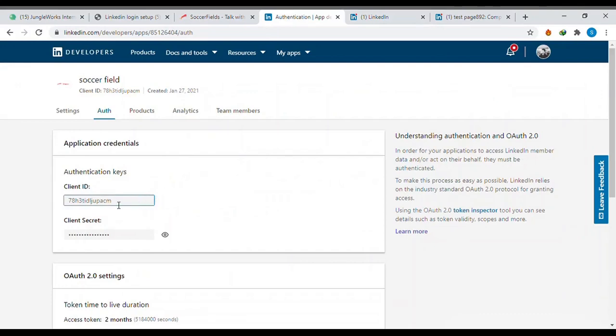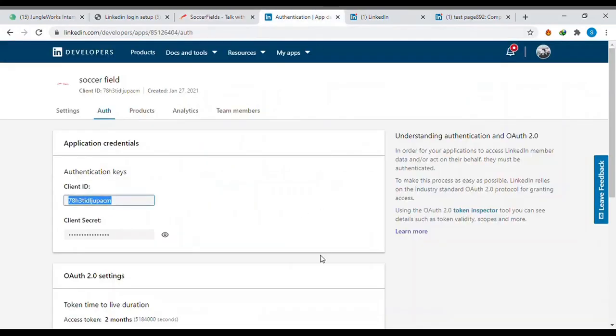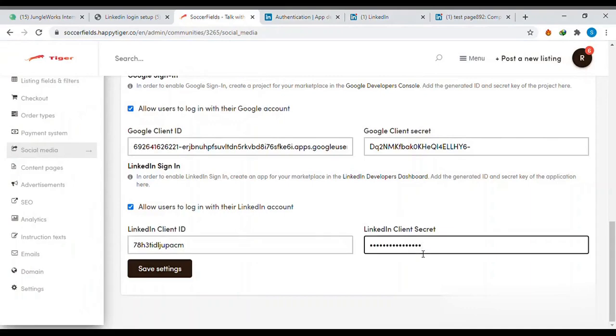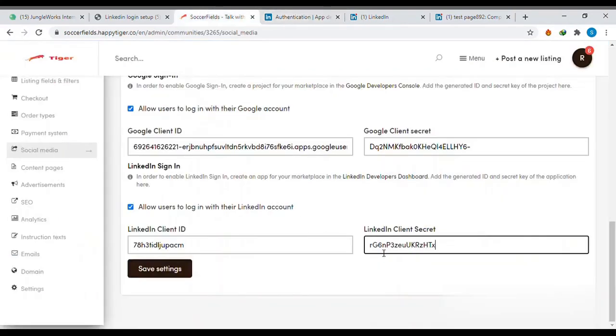So copy this, paste it here, and copy the client secret again. And click on save settings.